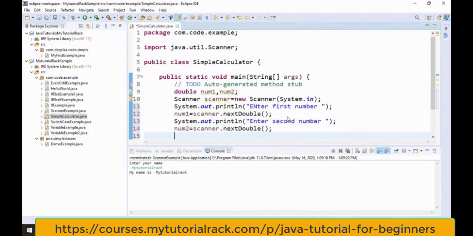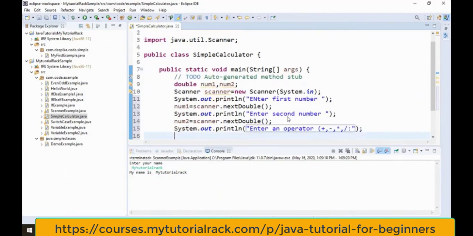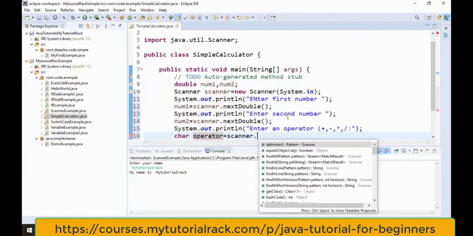And then we also need to capture the operator, right? So I'm going to say sysout, because either he wants to do addition, multiplication, etc. Right? So I'll say enter an operator. An operator can be what? It can be a plus symbol, it can be a minus symbol, it can be a multiplication symbol, or it can be a division symbol. So one of these values he's going to enter, okay? And whatever he enters, I'm going to store in this variable called operator. This is the variable I've created, and scanner dot next,